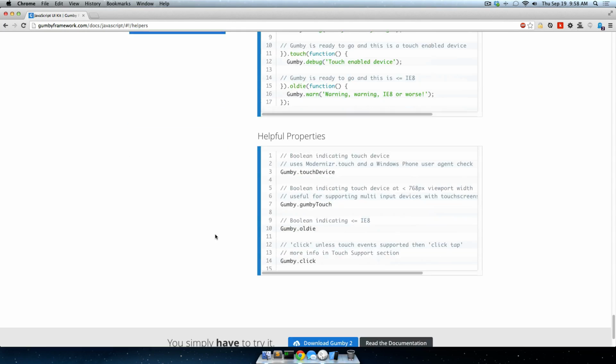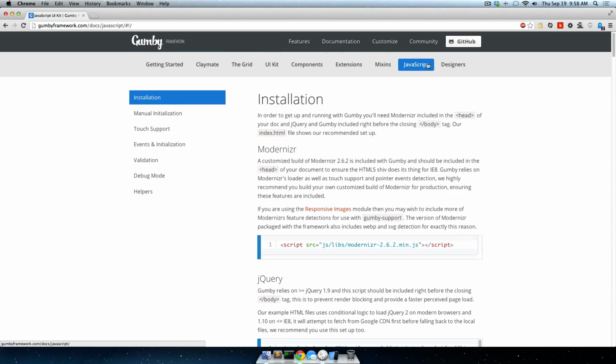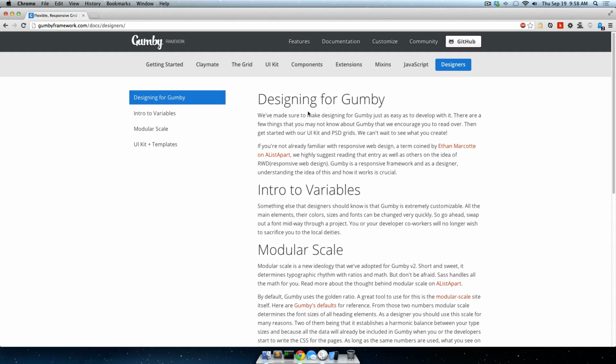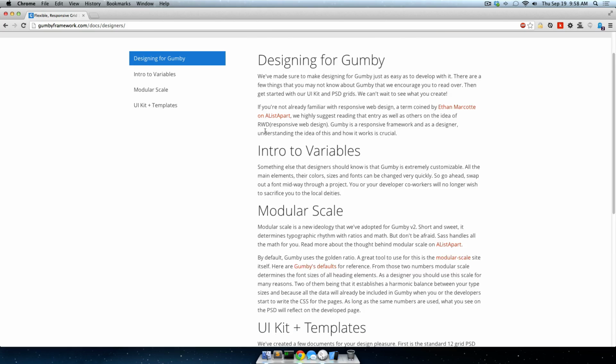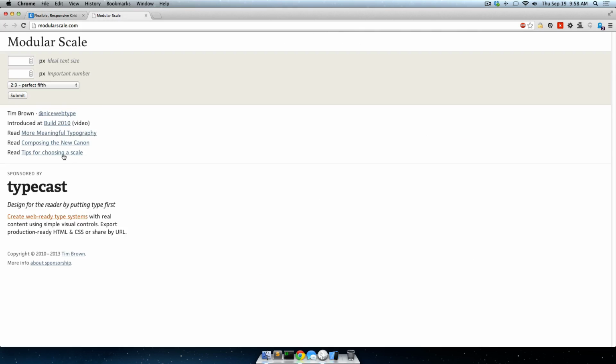Debug stuff, some helper stuff. I don't know. Like I said, if you're cool with JavaScript, then check it out. There's a designer stuff where you can use Modular Scale, which if you just go to modularscale.com, you can check out a video